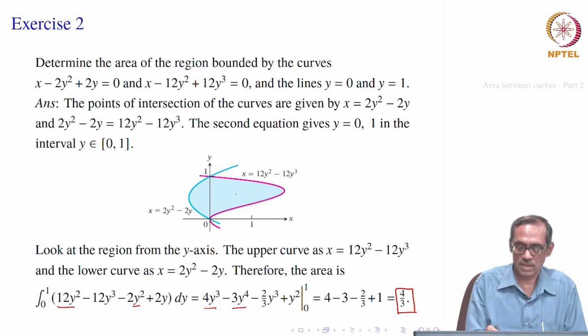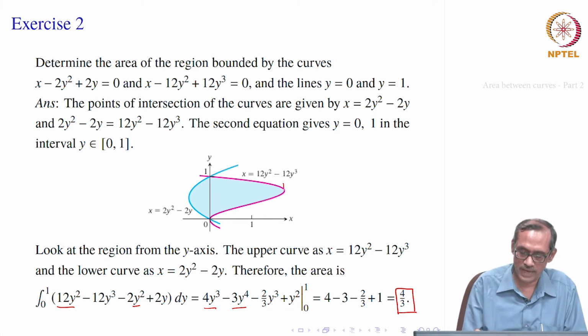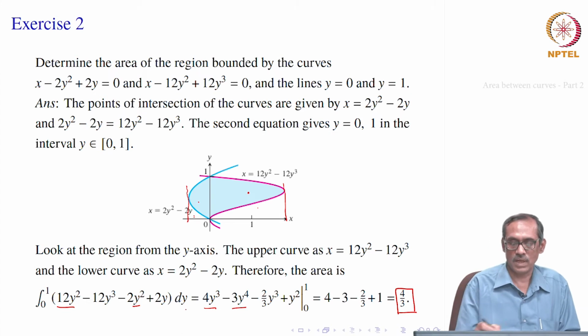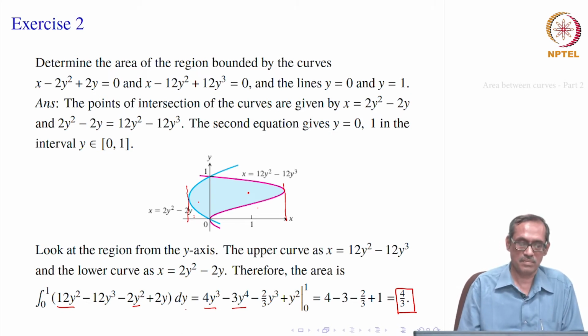So, here you see, looking from the y axis, it became easier. If you do it from the x axis, you can still do it, but what you have to do is find this point and then subtract these two areas to get this area, and on the other side find this point and subtract this and this area, right, to get this area, the whole minus this white. So, that is how you can also get it, but that will be a bit complicated. First you have to get these points, right.